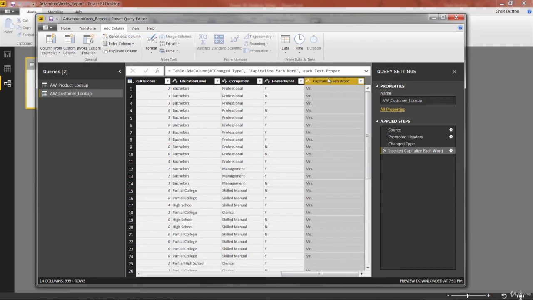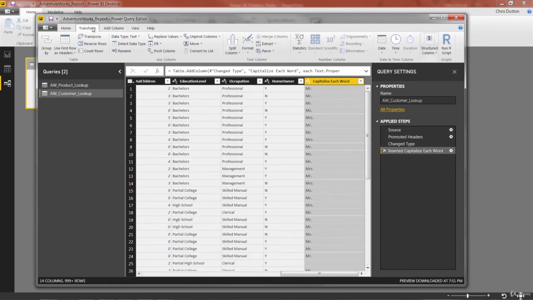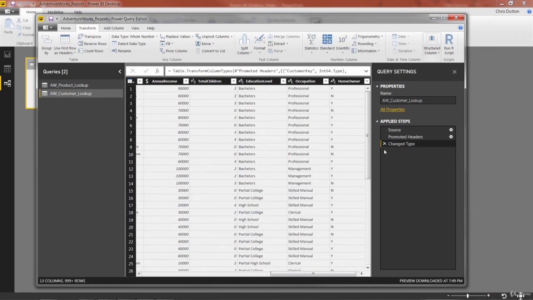And as you probably have guessed by now, the reason this happened was because we accessed that format tool through the add column tab, when what we really wanted to do was simply overwrite the existing column and transform it. So we should have accessed the formatting tools through the transform tab instead. And so that's what I'm talking about. It's very easy to make these kind of mistakes. So you really just have to be vigilant about knowing which tab you're in each time you create a calculated column. But no worries, the good news is that it's a very easy fix. You can't Control Z to undo here. The equivalent is just going into your applied steps and pressing the X to remove that last step